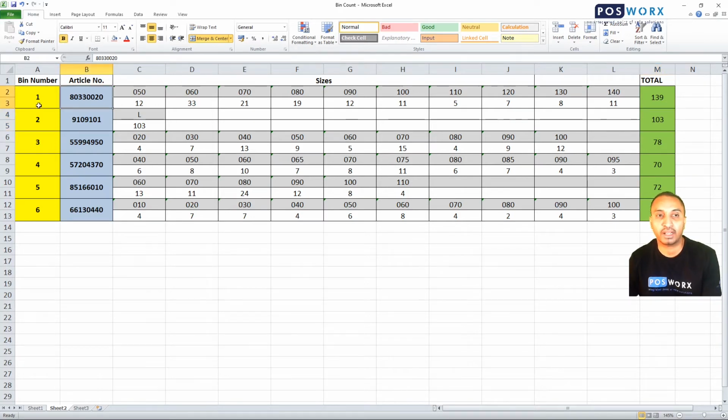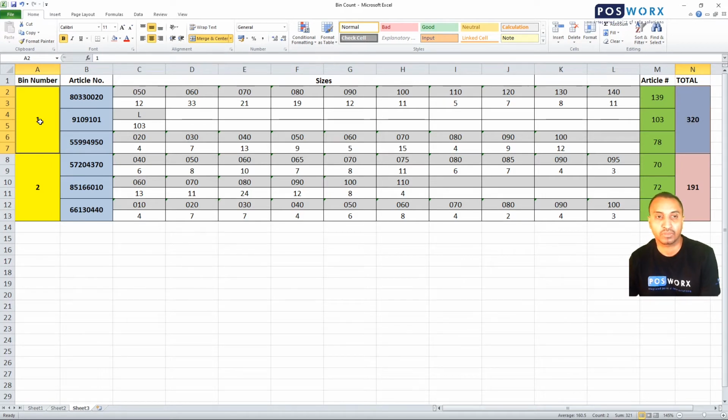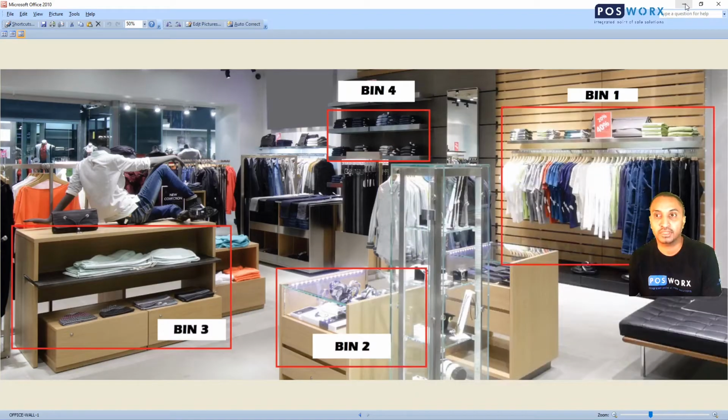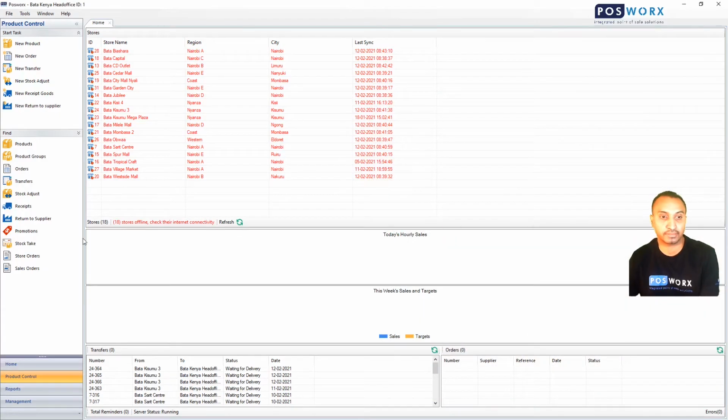You could have one article per bin, or you can do it as multiple articles in one bin, whichever is easier for you. If you're using multiple articles, you can have a total per article as well as a total for the actual bin that you are doing. Once you've prepared your count sheets, you can then proceed into Posworx